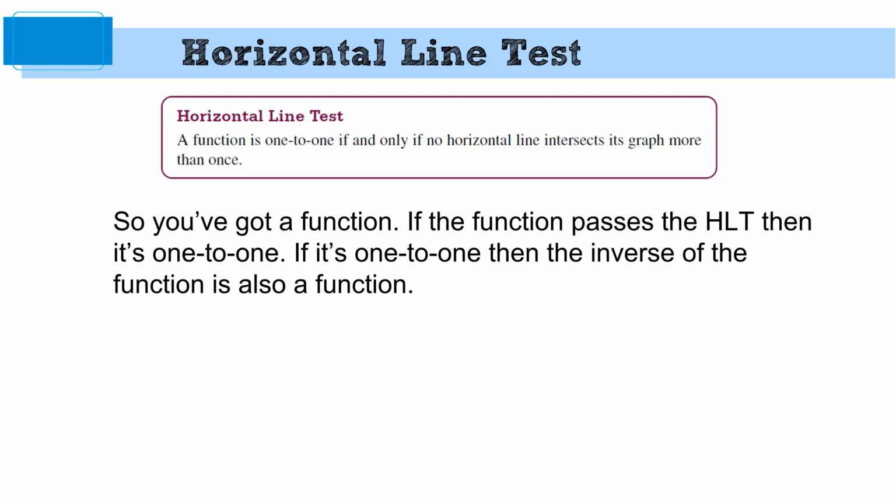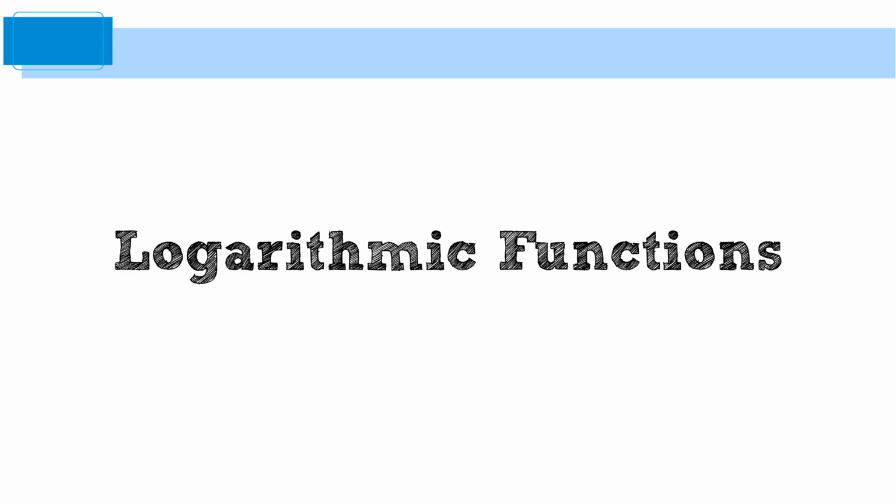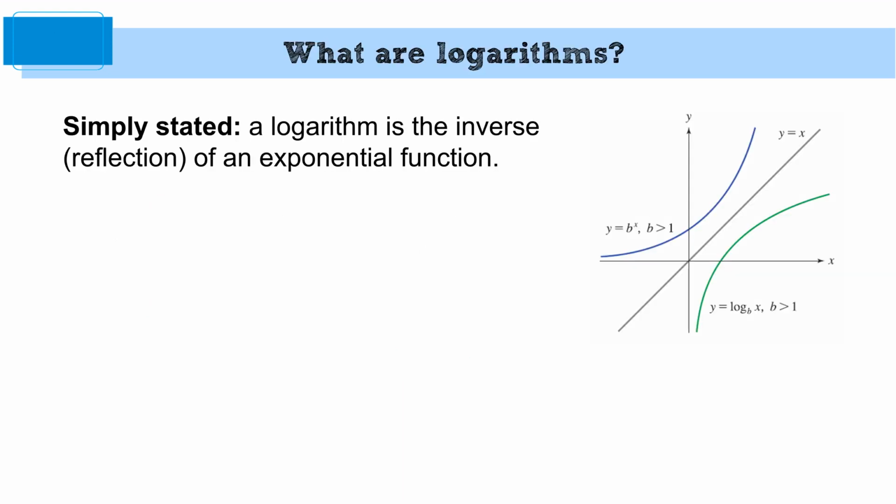Horizontal line test we talked about already, we know that, beat a dead horse here. Okay, logs. I don't know if you knew this, but the log function is the inverse of the exponential function. So we talked about exponential functions, the spread of disease, the zombie invasion. Times 2, times 2, times 2, over and over again. The blue is an exponential function, strictly monotonic because it's always increasing. If you reflect that over the line y equals x, you get the green line, and that green line is what becomes a log function. This one happens to be log base b,